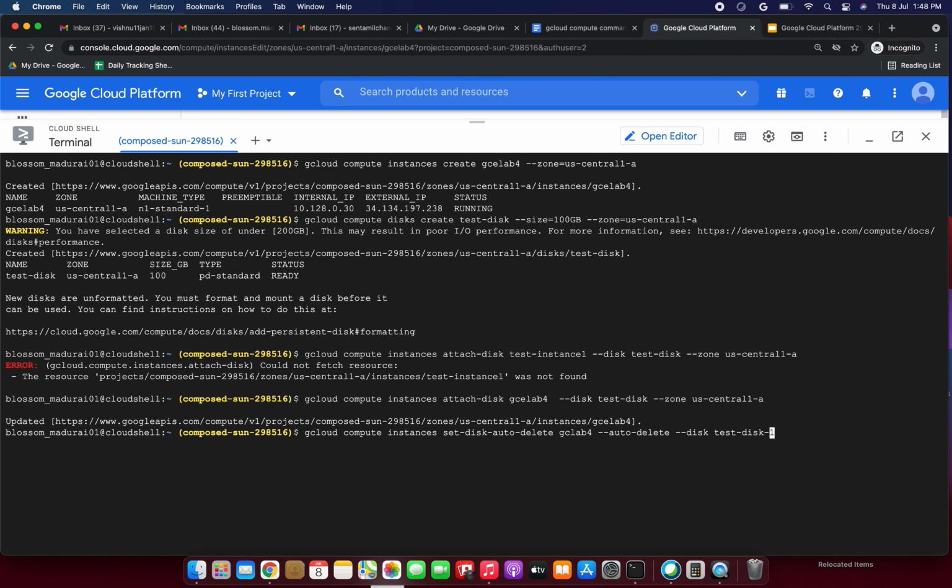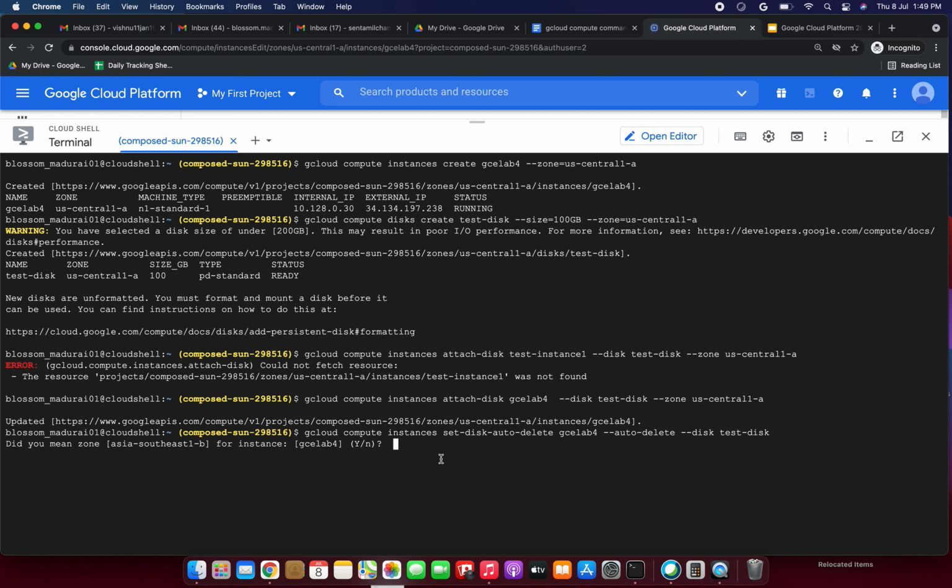This is our disk name. And I think I missed the E in GCE; okay, GCE-lab4, I have given the correct name.